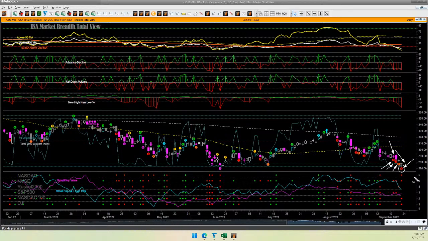Friday, many things were sold, broad and deep selling in many market indexes, their constituent stocks. Now that is happening while the yellow line is oversold, the 3-month new high low is oversold. So I am getting ready to look for a recovery.